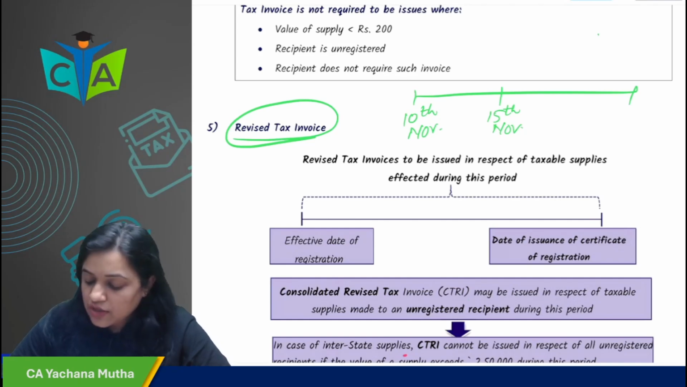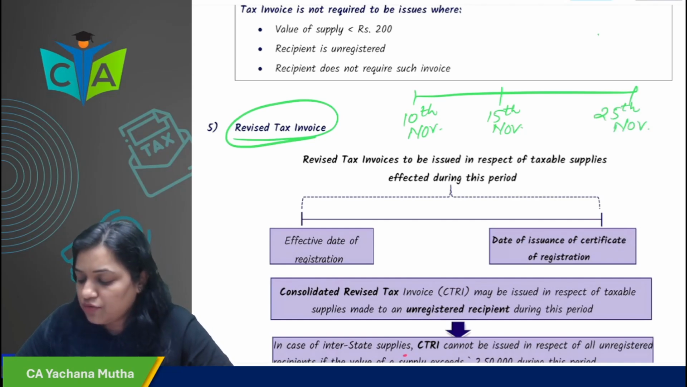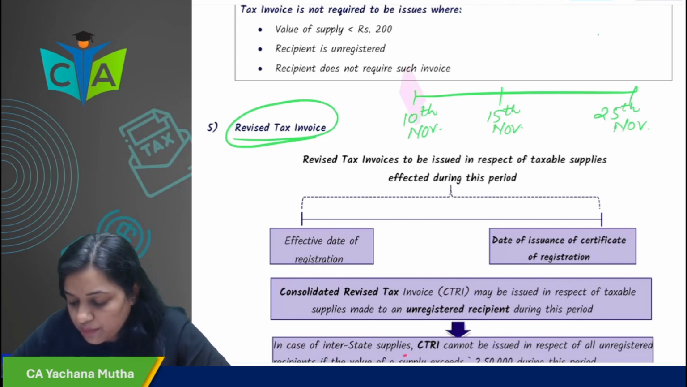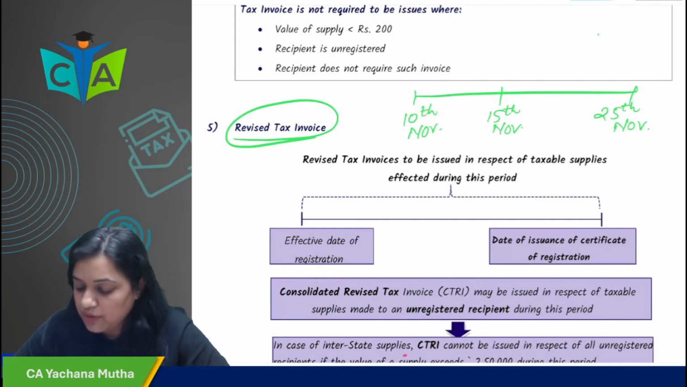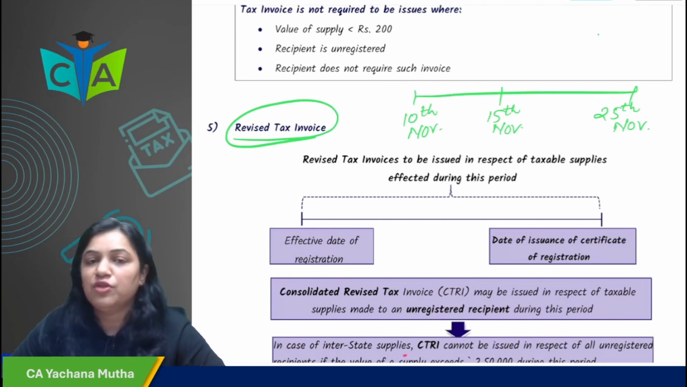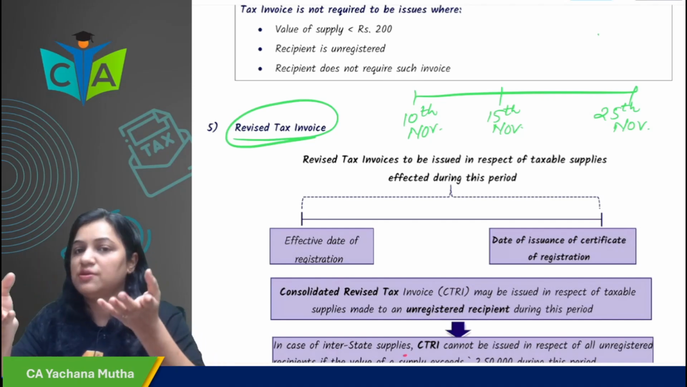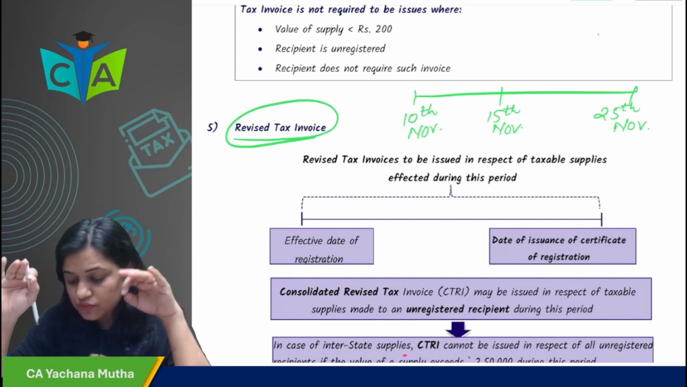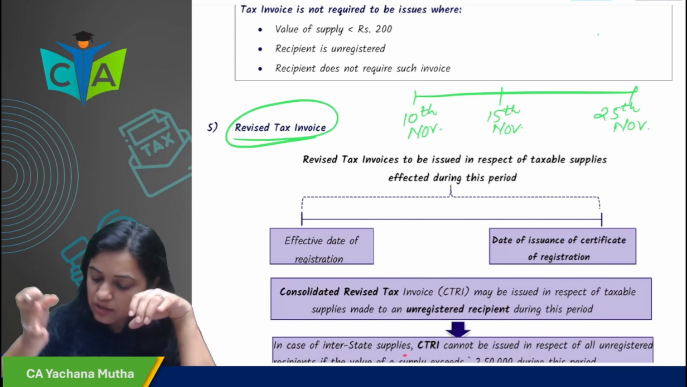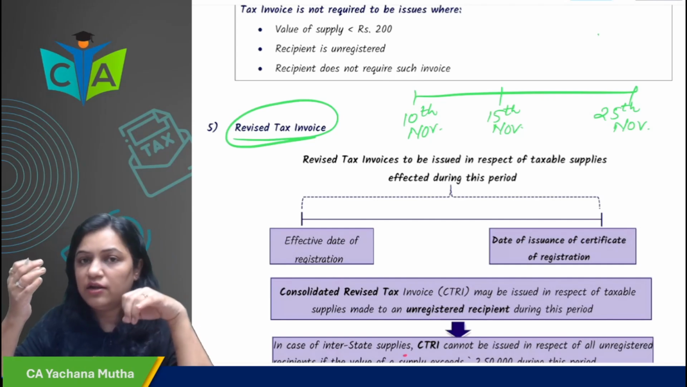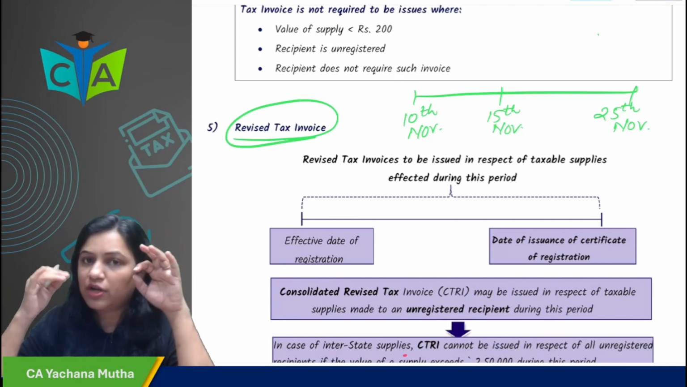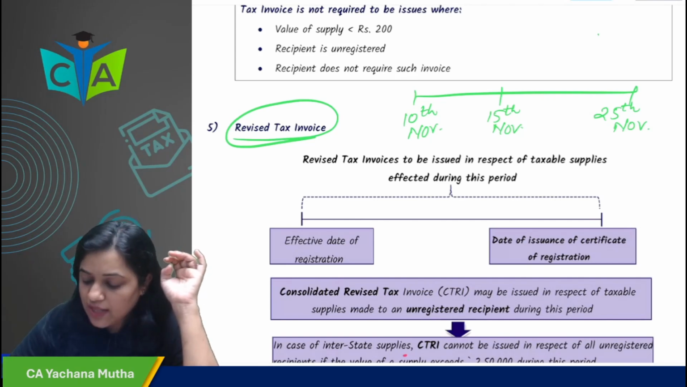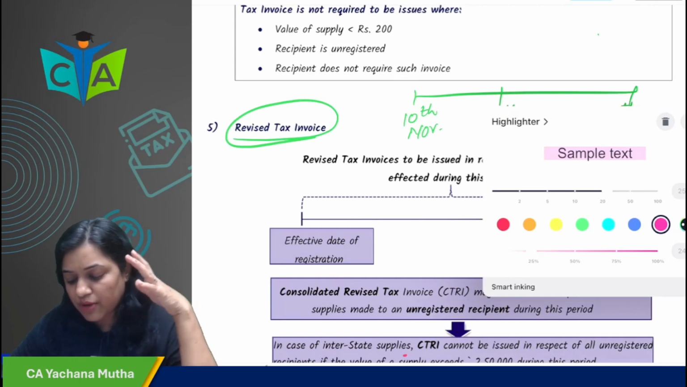Okay, and the registration certificate is granted to you on 25th November. So during this intervening period, that is from 10th of November till 25th November, you are doing the business, you are making the supplies, but you are not issuing the tax invoice because you are not registered till then. Now the registration certificate has been granted to you effective from 10th of November. So from 10th of November till 25th of November,